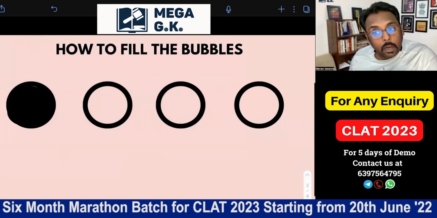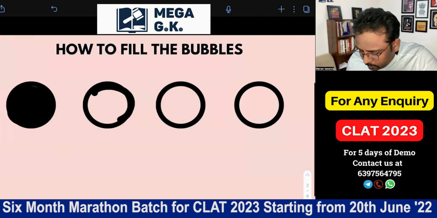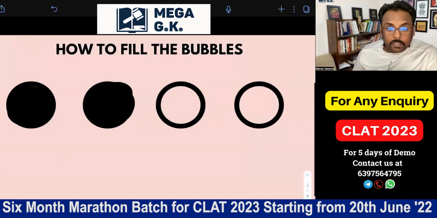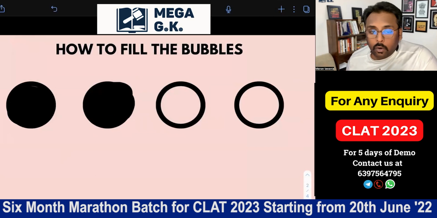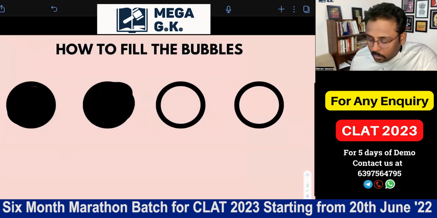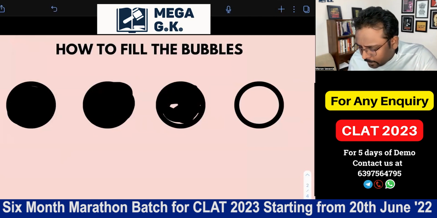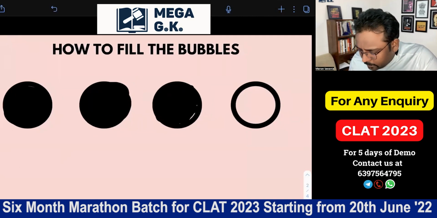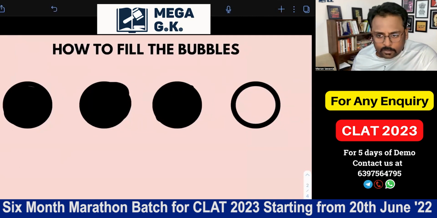Second is starting from the outer edges, so that you can be pretty sure you have filled the outer edges, and then you come into the center. So this is outer edges and then coming into the center. This is the second way. Third is neither the outer edges nor the center, but you do a random filling like this. In the first stroke you do the random filling, like in 1 second, and after that you take the pen and fill the rest of it. This is the third way.